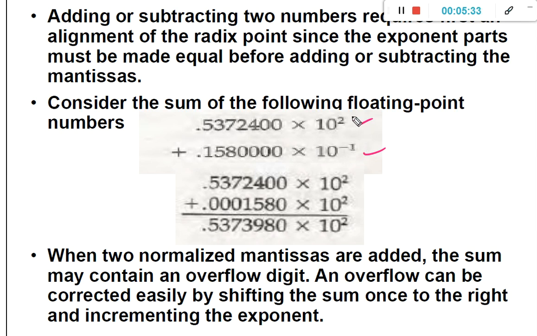However, if you observe here, the exponents are not equal. So because the exponents are not equal, we cannot perform the addition directly. We need to perform the normalization first, and then we are going to add the content. So we need to make sure that the exponents are equal. To do that, you will keep the first number as it is, and we are going to normalize the second number until we get the